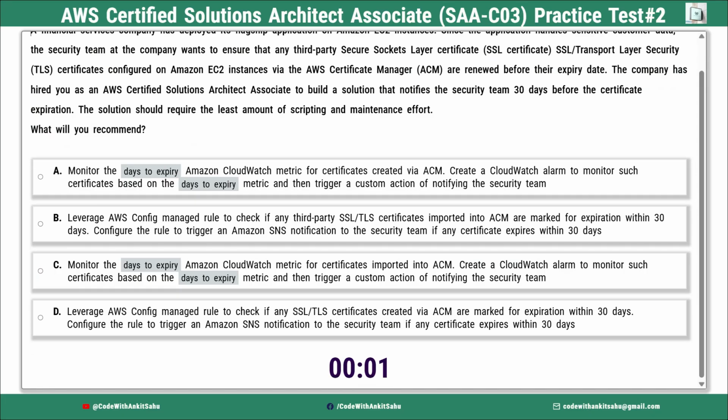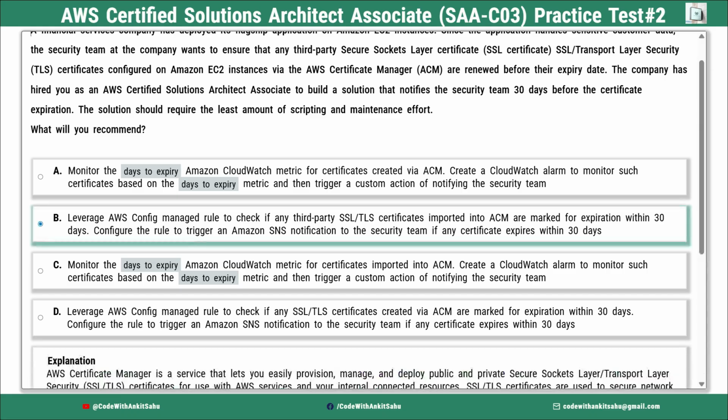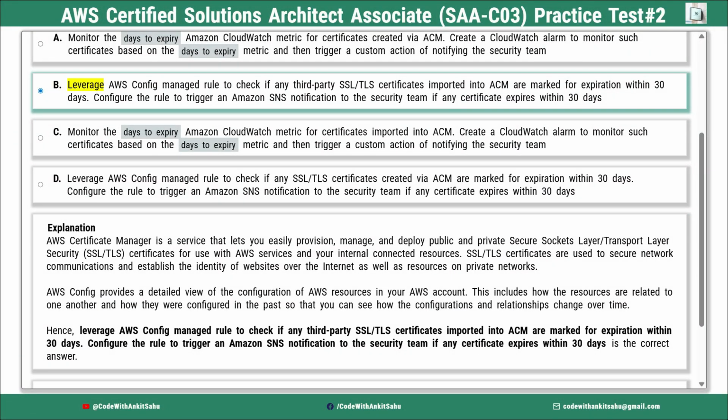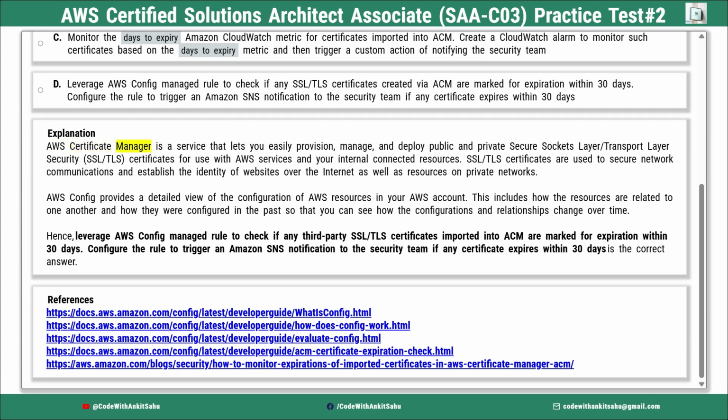Correct answer. Option B. Leverage AWS Config managed rule to check if any third-party SSL/TLS certificates imported into ACM are marked for expiration within 30 days. Configure the rule to trigger an Amazon SNS notification to the security team if any certificate expires within 30 days. Explanation: AWS Certificate Manager is a service that lets you easily provision, manage, and deploy public and private